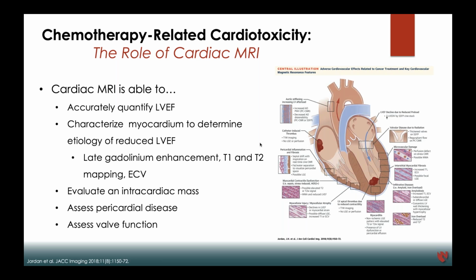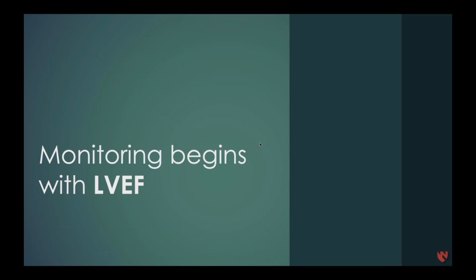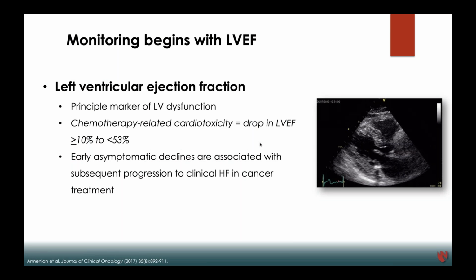We can assess pericardial disease as well, a complication of radiation therapy, and we can also assess valve function, which is another potential complication from radiation therapy. So cardiac MRI can be a one-stop shop for getting a lot of information about why our cancer patient is experiencing cardiotoxicity. But before we dive into those other things that cardiac MRI can evaluate, let's talk about ejection fraction,